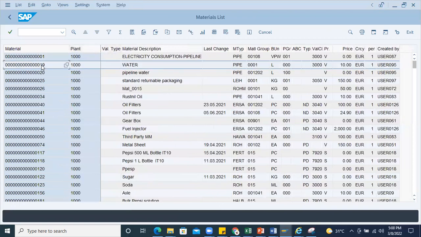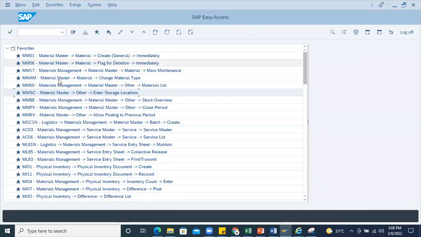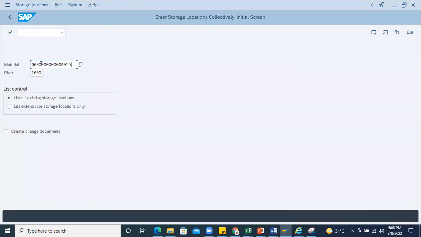So this is a material. I'll copy this and go to MMSE and enter this material number. There are options: list all existing storage locations, or list extendable storage locations. If I click all and enter here, it shows that the material is not fully maintained, in the sense that it is not maintained with the storage